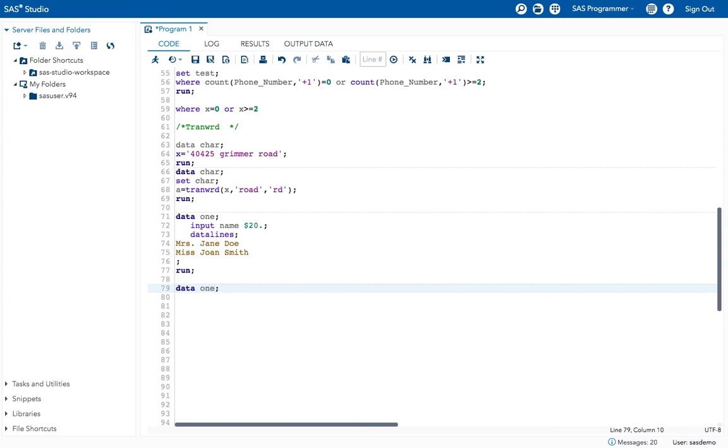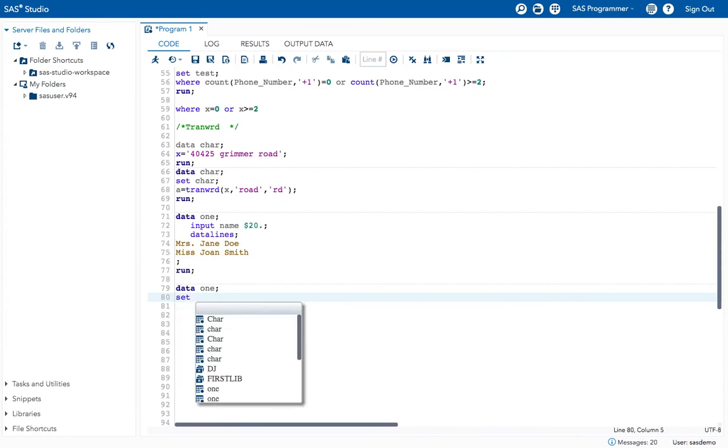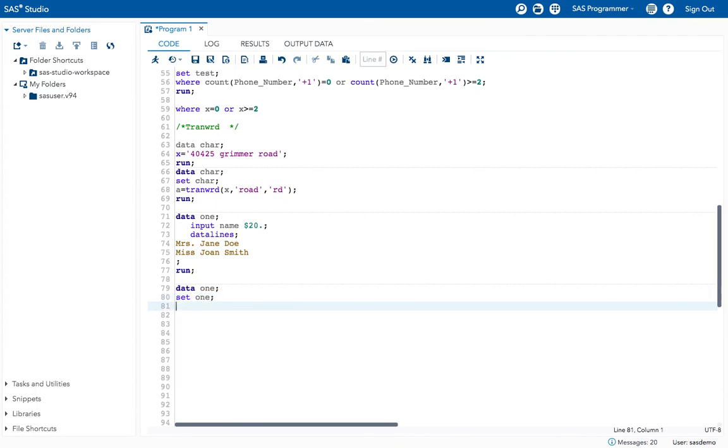That's my data set value name, and set one. Now I have to replace this name, right? So give name equal to, whatever the variable that you want to replace, assign that here, name equal to